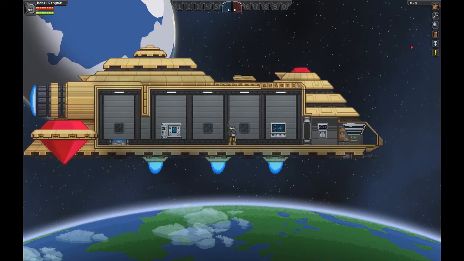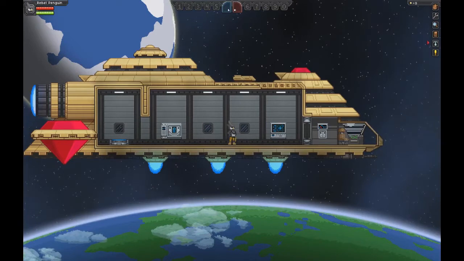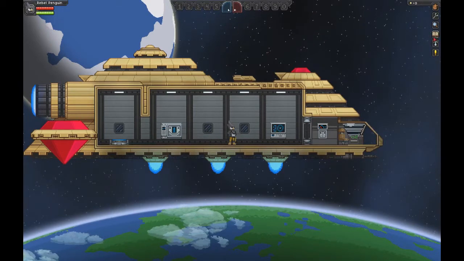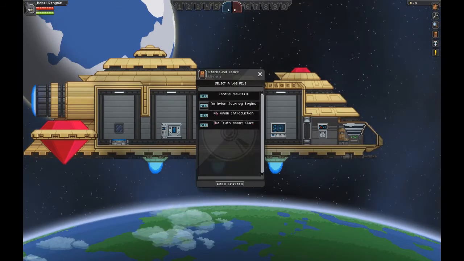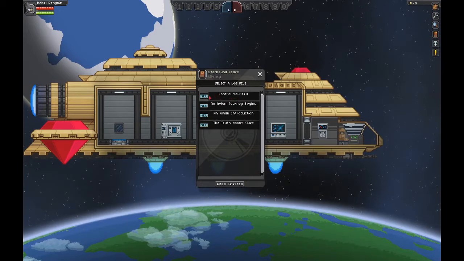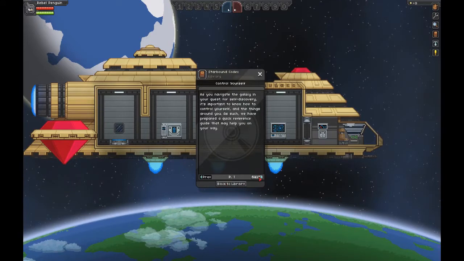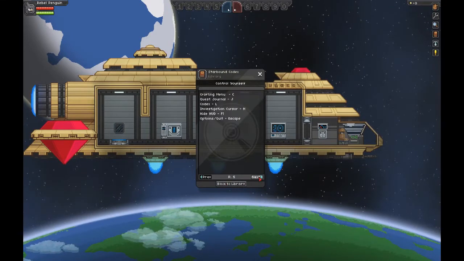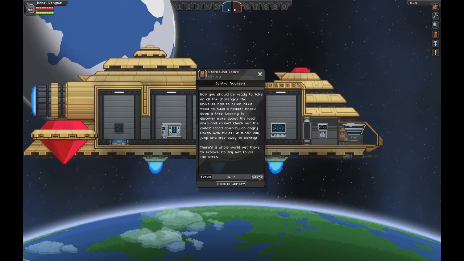Now if you want to see how to play the game itself, there are different options you can press up here in the upper right hand corner, and one of them is this book. Here you'll find different log files. Some will give you information about the story, and others can possibly help you play the game. So here's the first one that we're going to read, which is Control Yourself. And here you'll find how to play the game, the different controls, and